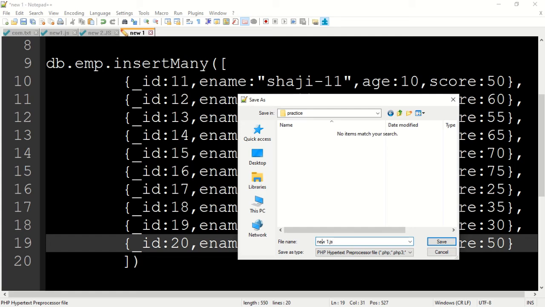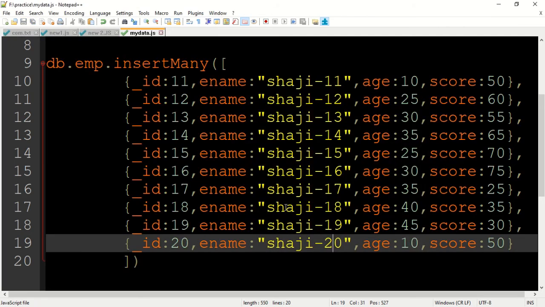So instead of new, I'll say mydata.js. I'll say in the practice directory, save. So it has saved it. So where is it? f:\practice\mydata.js, okay, fine. So now it has saved it.